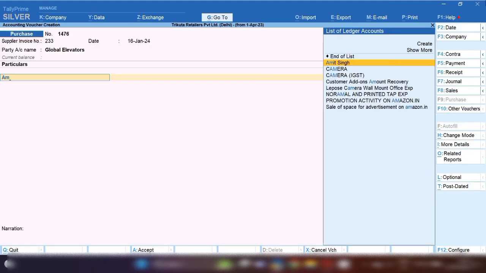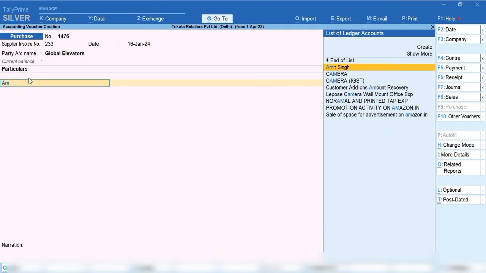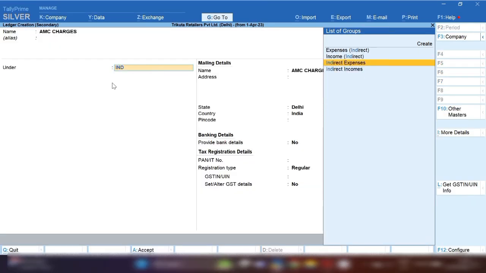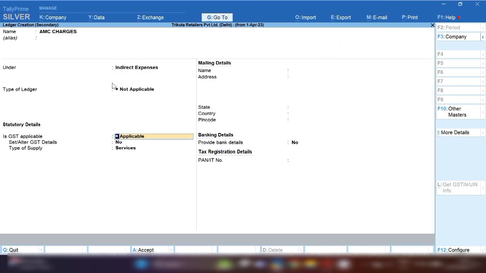As you have taken lift AMC charges, by pressing Ctrl C we need to create an AMC charges ledger. I'm going to show you how to create the ledger by pressing Ctrl C. We will create the AMC charges ledger. The AMC charges group will be indirect expenses, because lift AMC charges are going to be an indirect expense for the